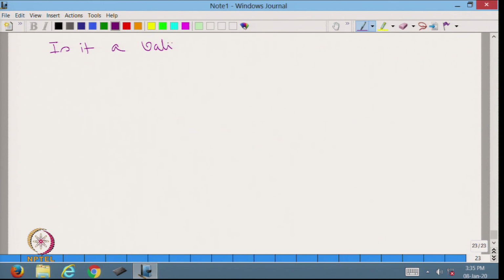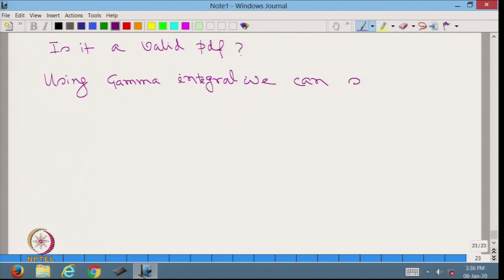Is it a valid PDF function? Using the gamma integral, we can show that this integrates to one. Not only that, we can further show that